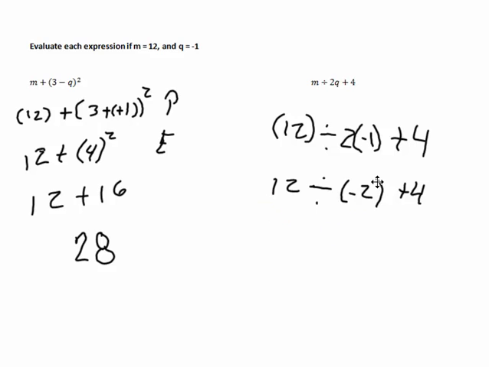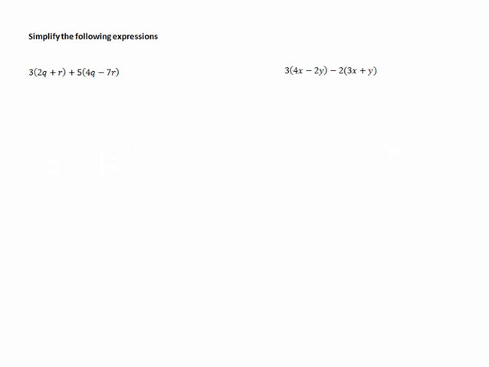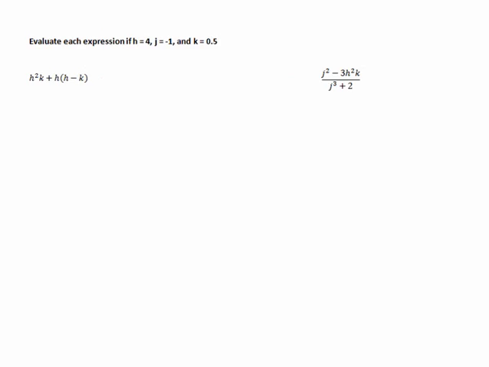And 12 divided by negative 2. Well, how many times does 2 go into 12? 6 times. And since we're dividing a positive by a negative, then it has to be negative 6. And negative 6 plus 4 is negative 2. The next one, it's going to be a little bit more intense here because we have 3